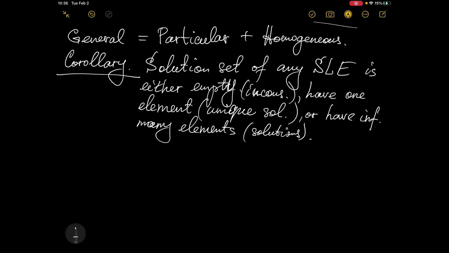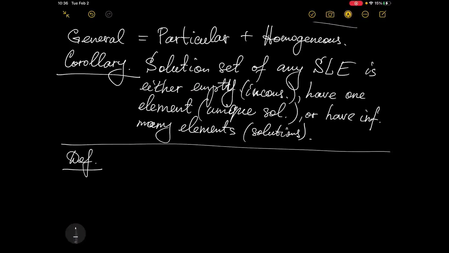Okay, now let me give a definition. A square coefficients matrix: the matrix of coefficients for the system of linear equations, which has the same number of columns and rows, meaning that we have the same number of unknowns and equations, because the number of columns is equal to the number of unknowns, and the number of rows is equal to the number of equations. So a square matrix is